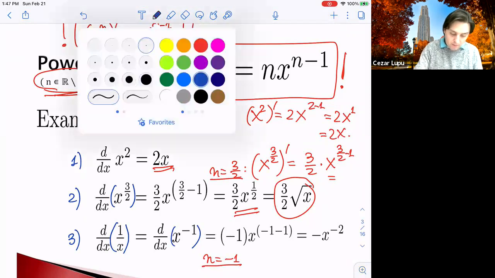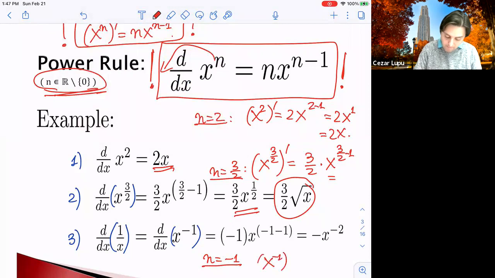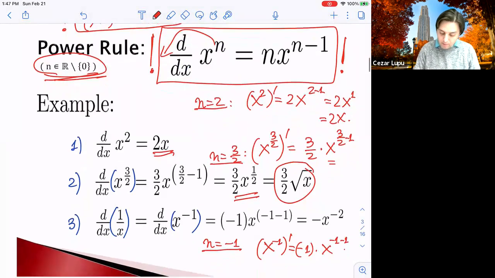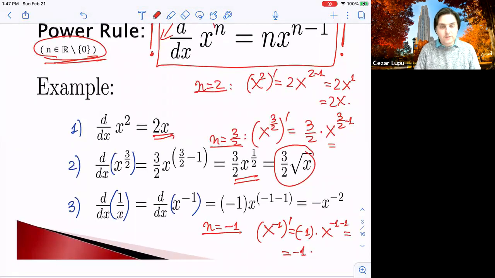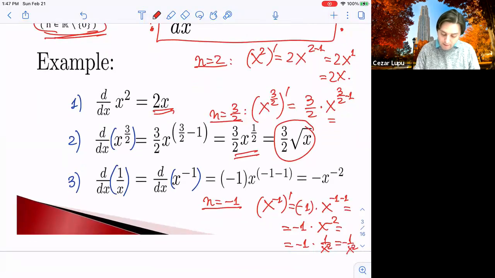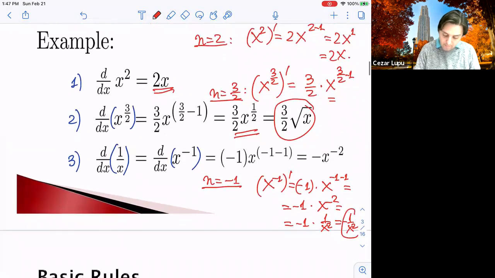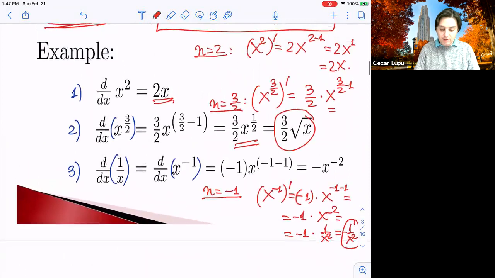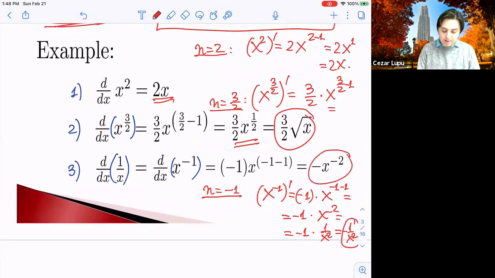Let me write it, in fact, with red. So you have x to the -1 prime. So you will take the -1 out times x to the -1 minus 1, which is x to the -2, which is -1 times 1 over x squared. Or if you want, it is -1 over x squared. And that's the final result. Right? As you can see here, that's exactly the same thing with the negative here, keep in mind. All right, so these are the 3 examples